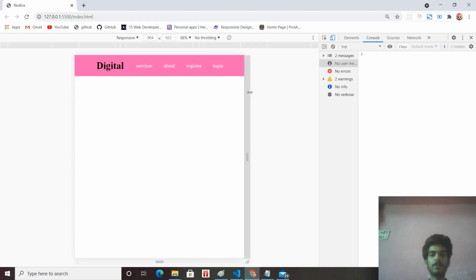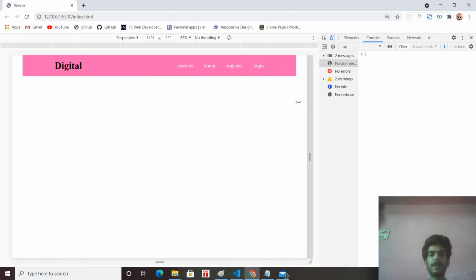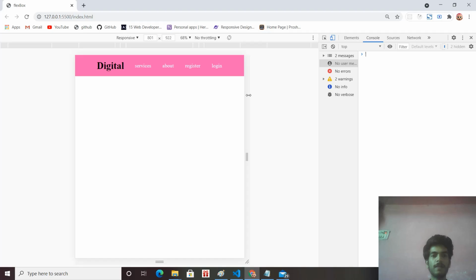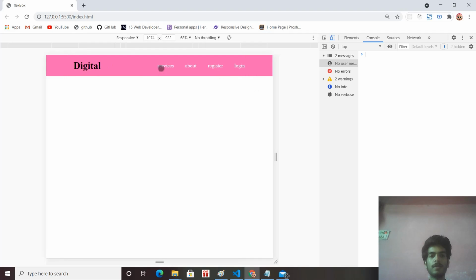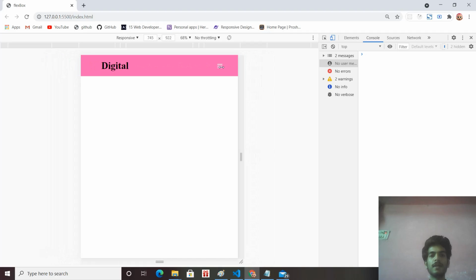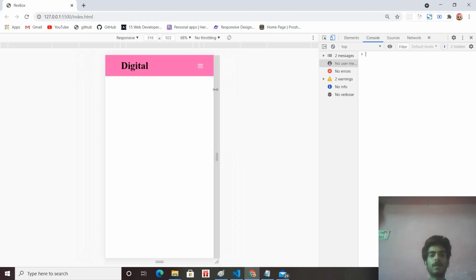It doesn't happen on a big screen, but when the size decreases and comes below, say, 800 pixels, when I decrease the size and it comes below 800 pixels, you see the next section of the navigation, or these four links, gets hidden, and at this position our hamburger menu comes, and this is what we want. When I press it, it opens the sidebar. Okay, and it is a responsive navigation.